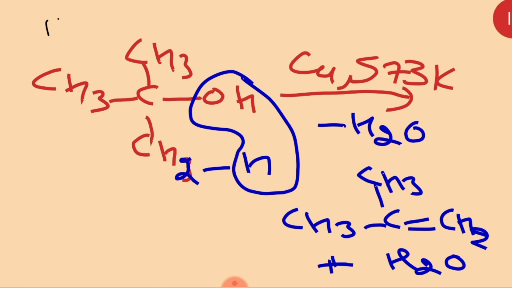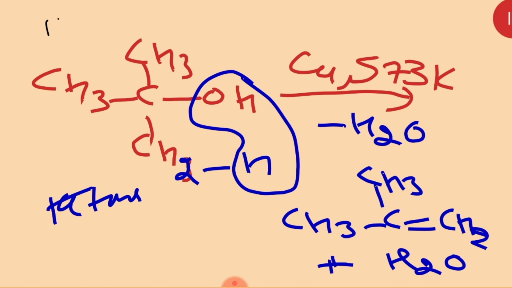You got the difference, meaning by this we can differentiate between the primary, secondary and tertiary alcohol. What you have seen is that primary and secondary alcohols are easily dehydrogenated. From a primary we made aldehydes, from a secondary we made ketones. But tertiary alcohols are dehydrated. There is a dehydration, meaning it is difficult to remove the hydrogen from there. This was the reaction where we distinguish alcohols using copper.